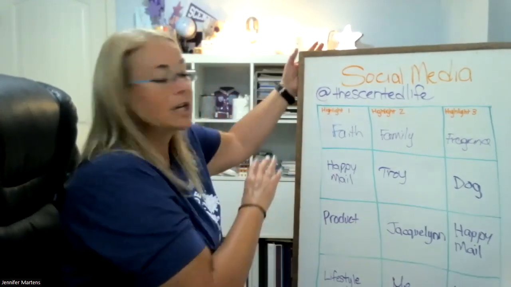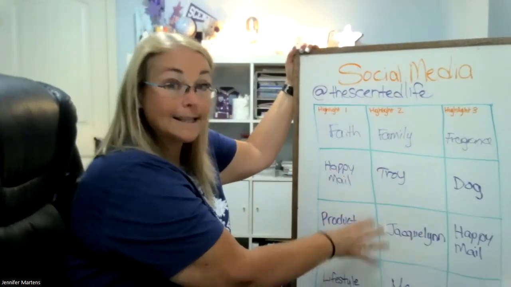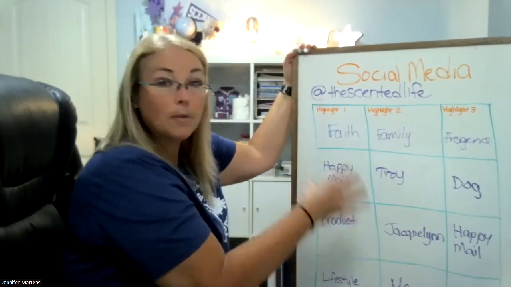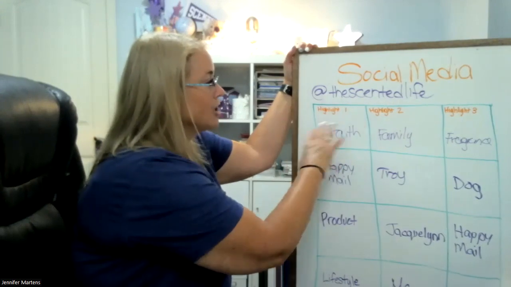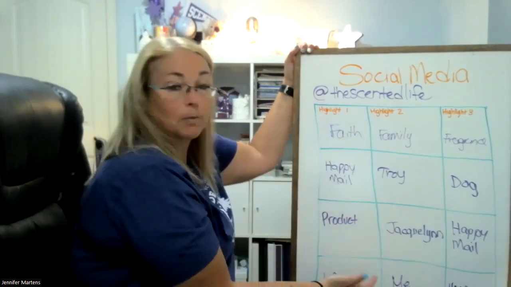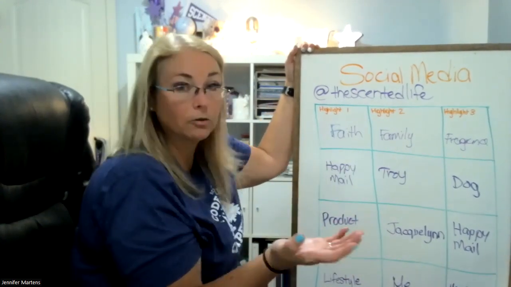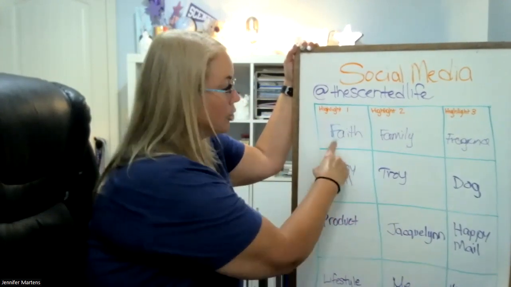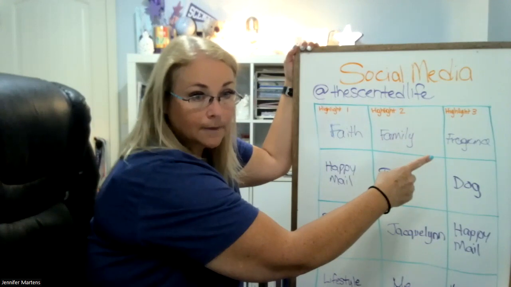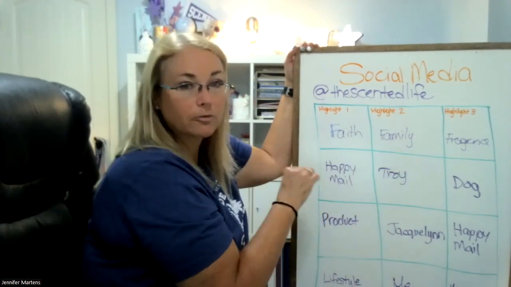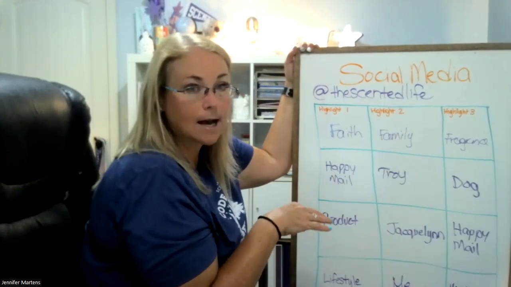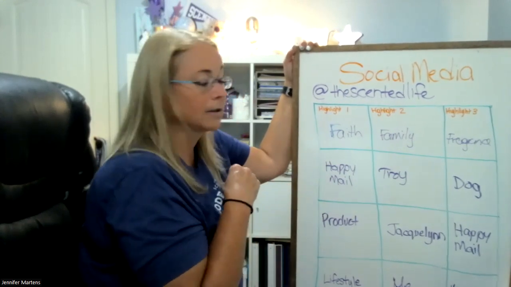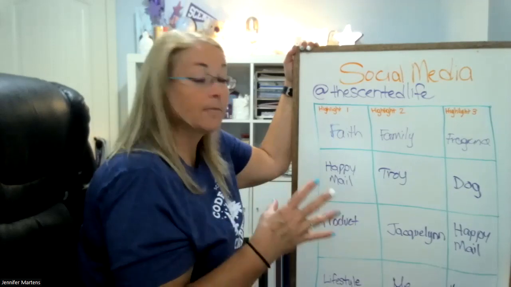But I'm hoping you can see here how easy it is to actually start to come up with content, because what you're doing is you're just going, like I just came up with 9 things with you live, or recorded, so to speak. But all of them relate to faith, family, or fragrance. So when you see a picture of me, sometimes I will have in the comments my favorite verse, or had a great day at church today, or love my small group, or something like that.